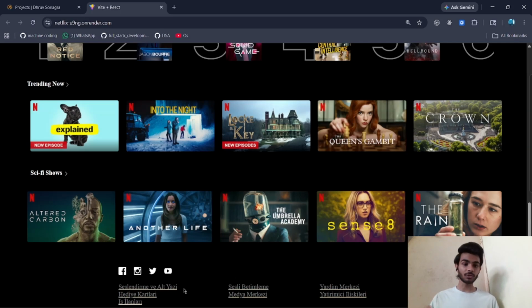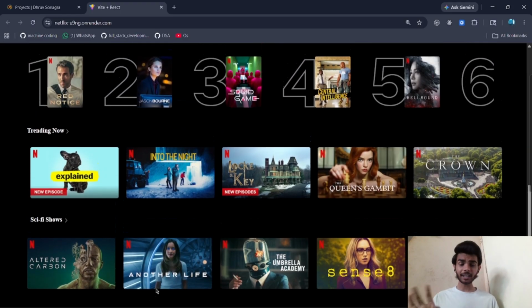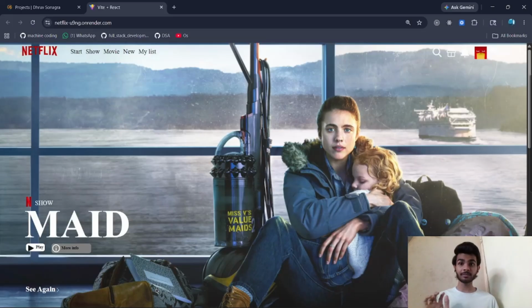I also use, when a user hovers, the text will be underlined. And this is the basic static clone of Netflix which I developed in my development journey,